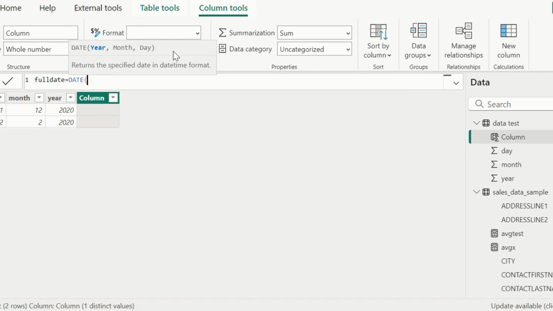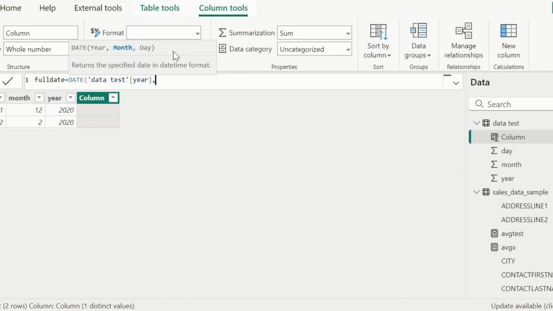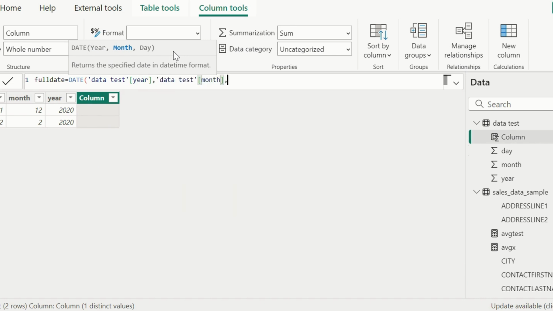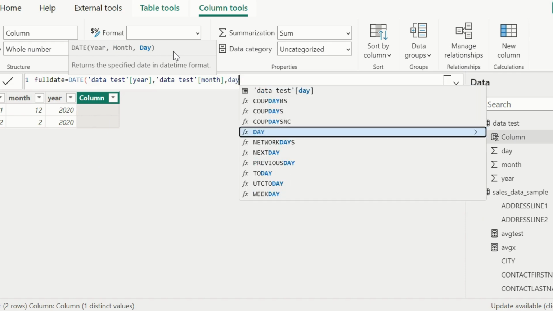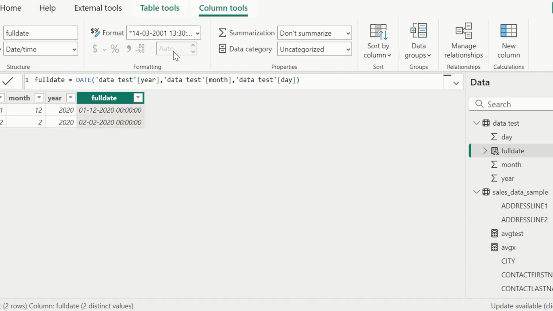We will pass year, month and day. So you can see that it has combined day, month and year. That is 01/12/2020.